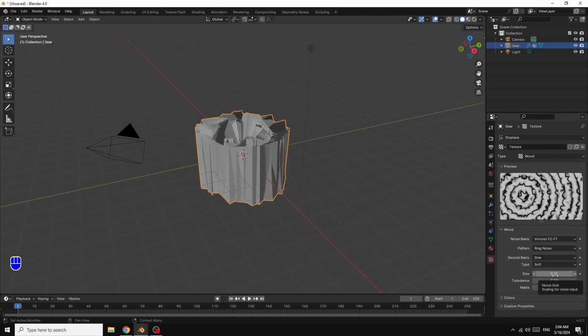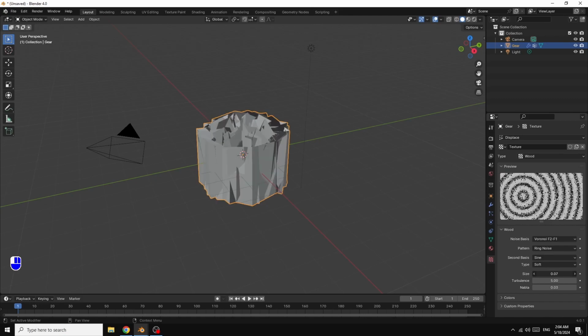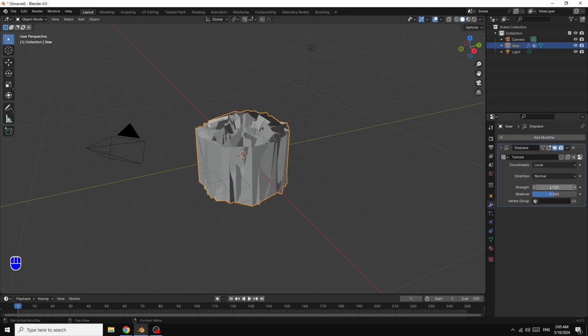I decrease the size here maybe to 0.7, and here I give it 4.5, like this. Now I go back here in modifier,